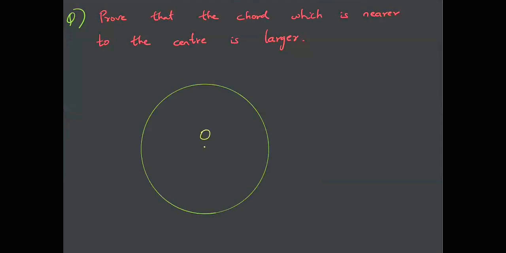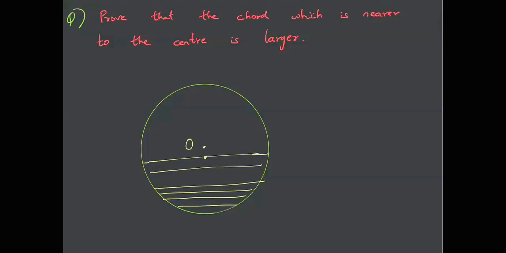Okay, so let us discuss this one. Say this is the center of the circle. Now, if you see practically by drawing the chords, you can see that as you move the chords towards the center, their length increases, right? If the chord is much nearer to the center, then the length is more. And if the chord passes through the center, then the length is the maximum, that is equal to the diameter.